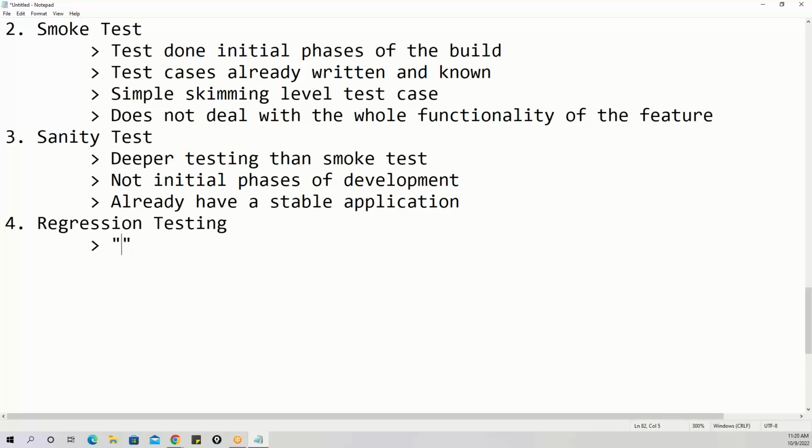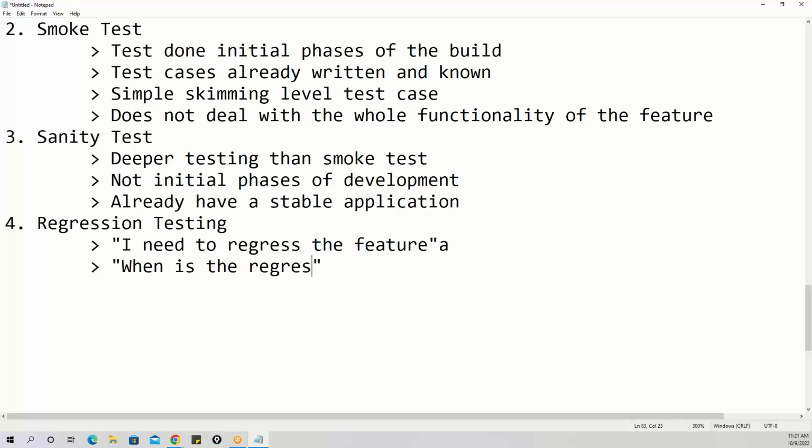For example, I need to regress the feature. You will hear something like, when is the regression? So in various terms, you're going to see this word come up in your team. They're very familiar with this word. Regression